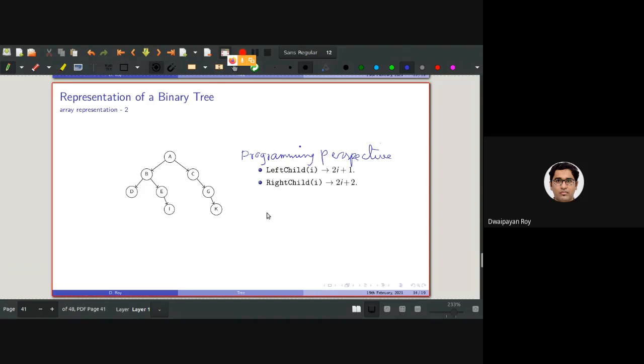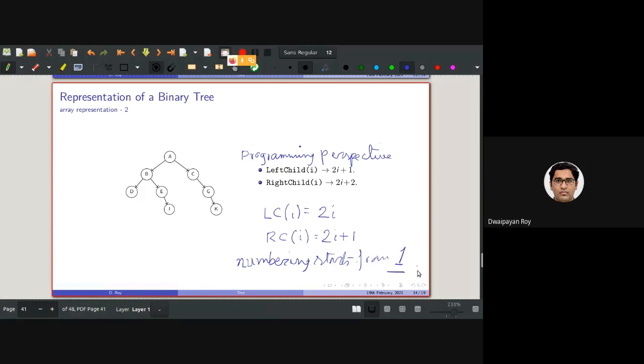But also, as we have discussed, thanks to one of you, theoretically it can also be said that the left child is at the 2ith position and the right child is at the 2i plus 1th position, provided the numbering starts from 1 instead of 0.